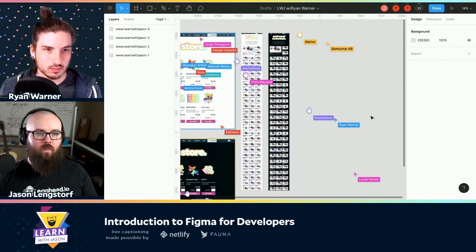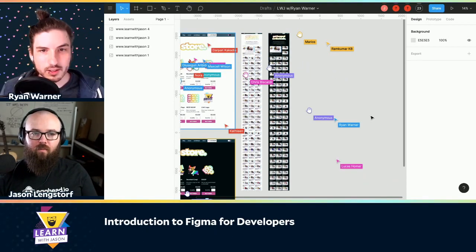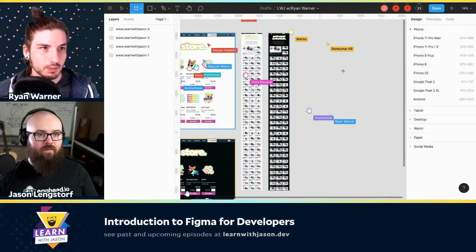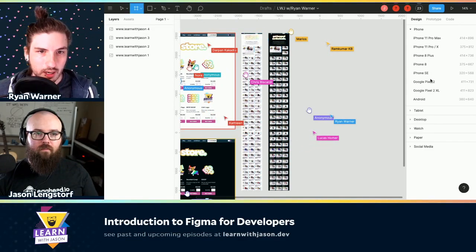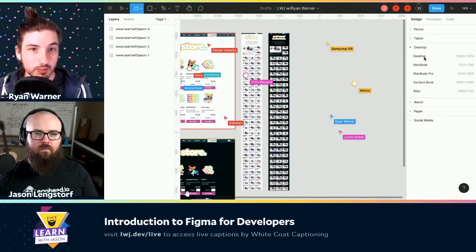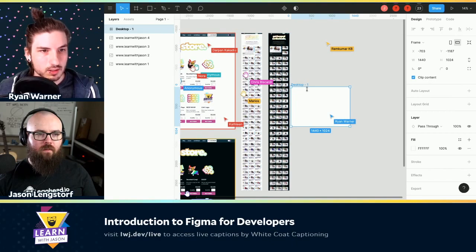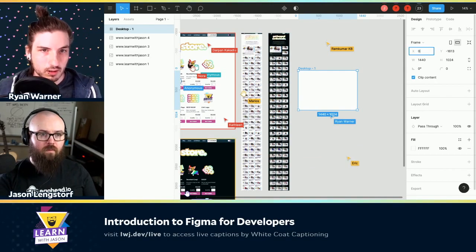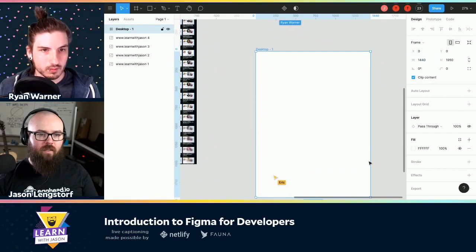So once you have your resources, where would you start next? Next I'd start by creating a frame, and you can do that by hitting the F key, or in the top left, you can see what's selected there. Now we get some presets on the right-hand side, and we're going to work at desktop today. We can expand the desktop and start with the biggest one, the 1440 at the top. So now we have a nice space to work. And we can make this taller if we'd like. So we can just drag that right on down.